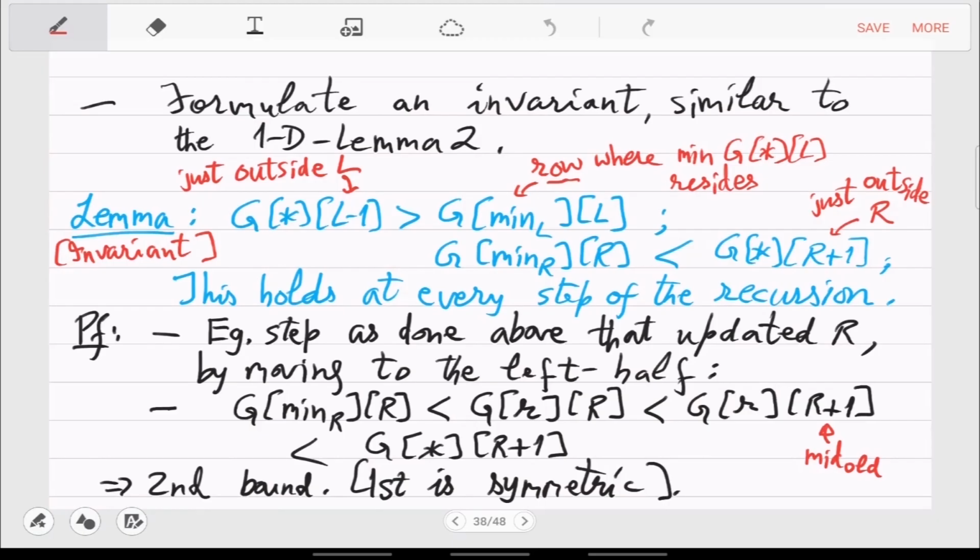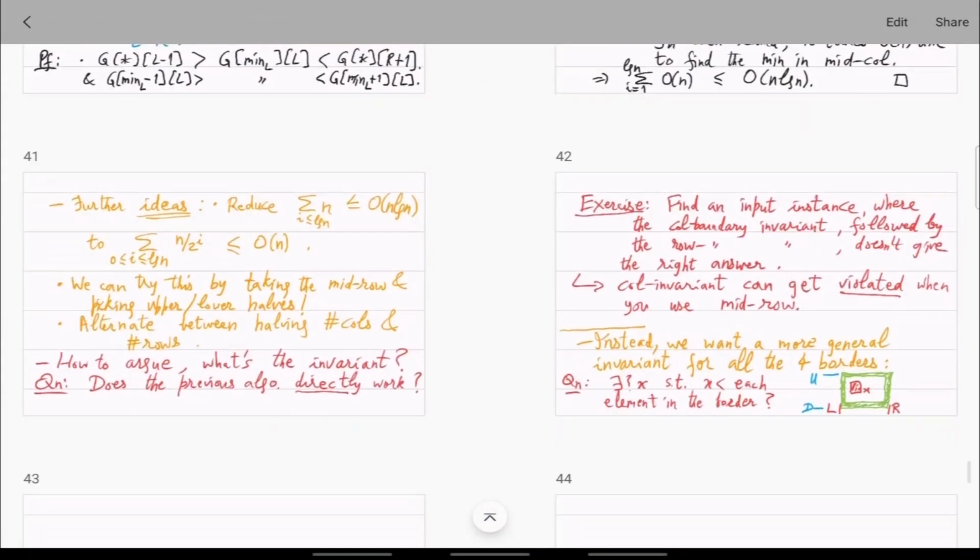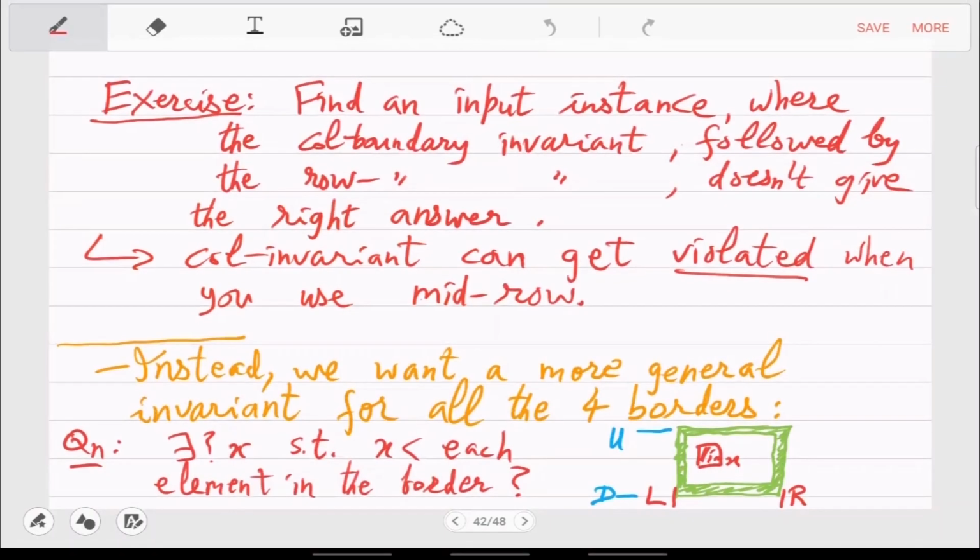Now we want all of them, right? So we will have essentially four inequalities with X being in the middle, and the stars being for those two columns and two rows. I'm not giving the details of that, but you can imagine how it will work.